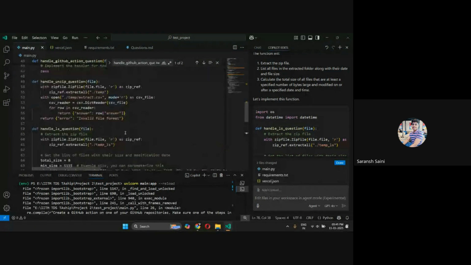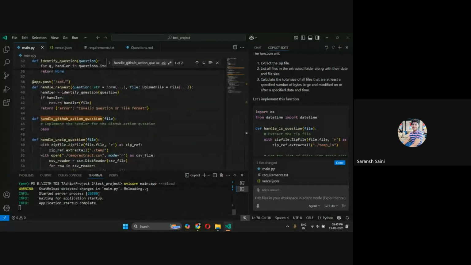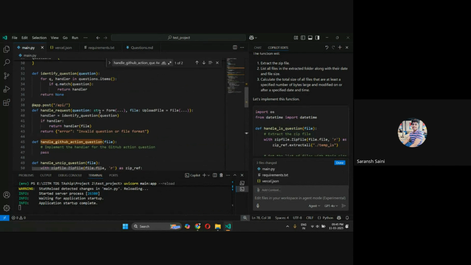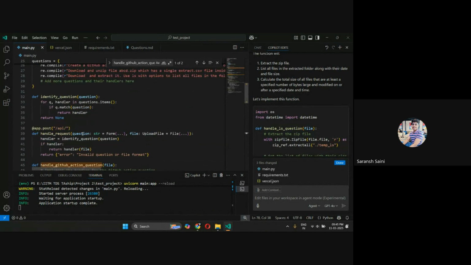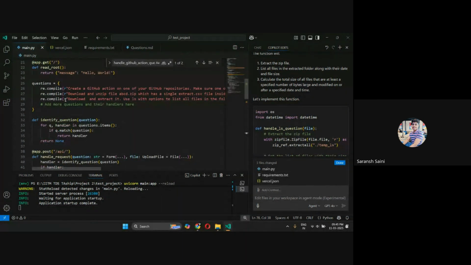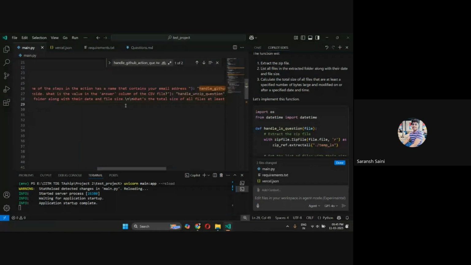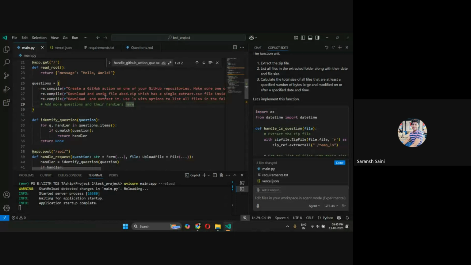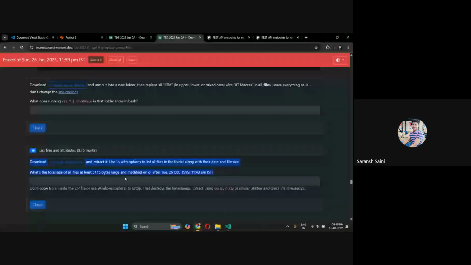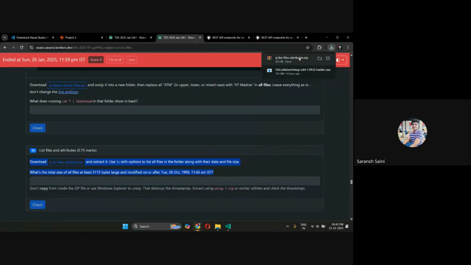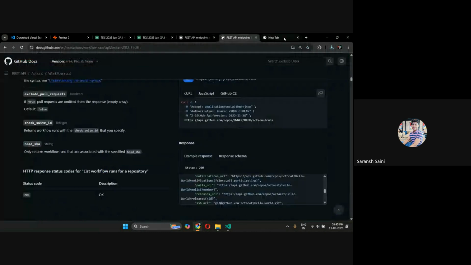So now I think when I will send a request to this endpoint from the Swagger API, then it should be able to identify this function. Okay, let's try that out. I'm not sure whether the code that is there is correct, but I just want to first figure out this here, and I'll go to